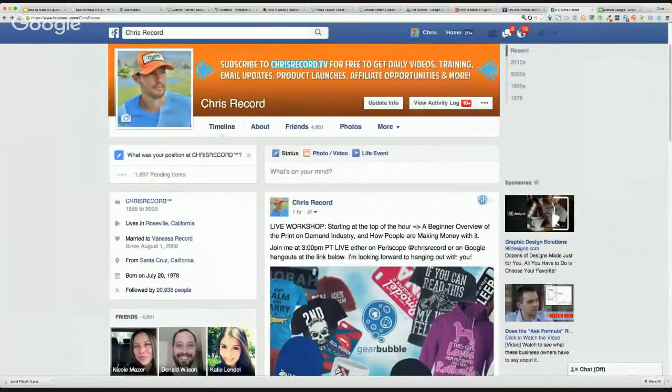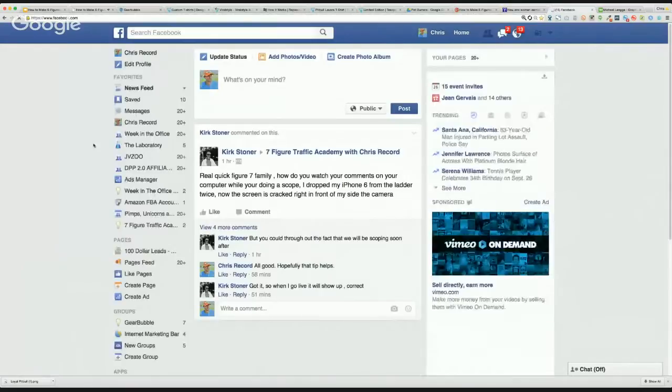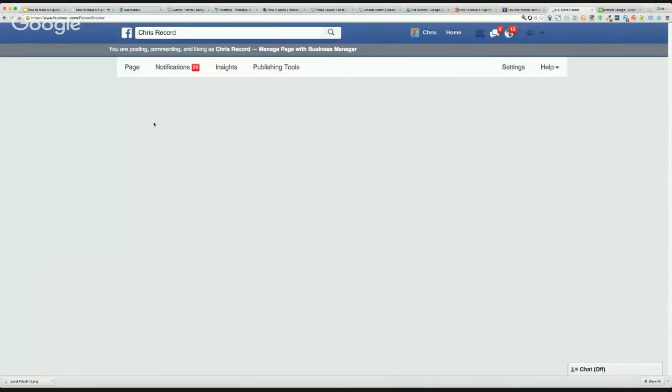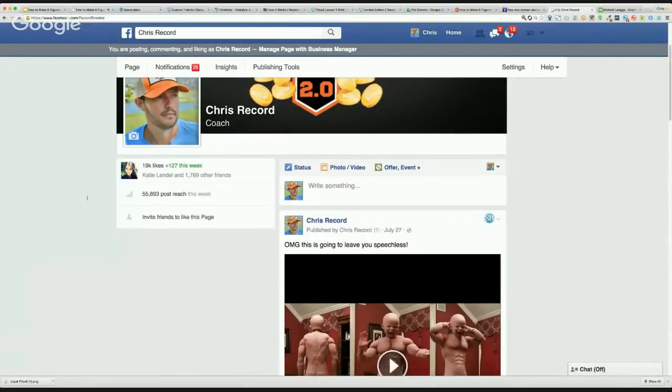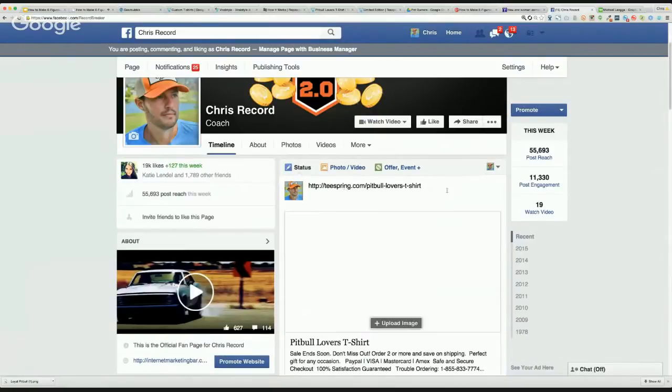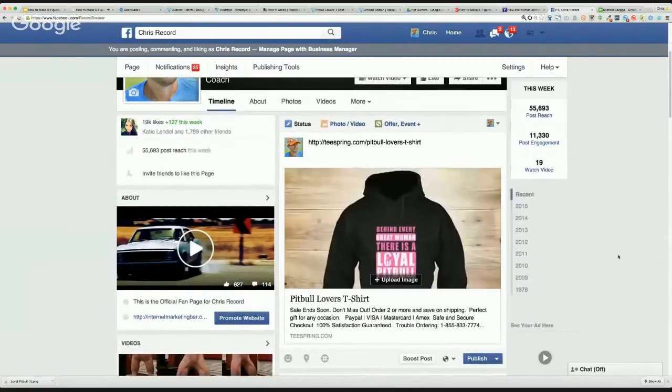Okay. Let's go over to a fan page and let's give you guys an example. I'm going to give you guys a few examples. So let's go over here to a fan page right here. I'll just go to my own because I don't actually have a fan page right here for Pitbull Lovers. And let's paste the URL, right? So just like that, if I just paste the URL, look, right off the bat, I'll just go, here's an example of a T-shirt for sale using print on demand, selling with Teespring